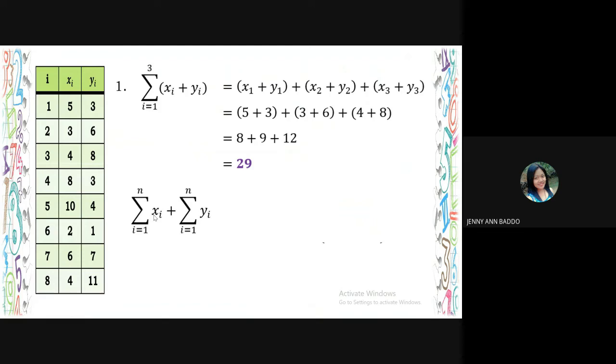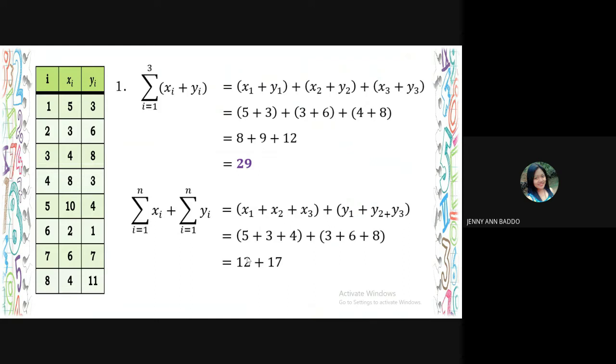So for the variable x sub i, we have x sub 1 plus x sub 2 plus x sub 3. And for y sub i, we have y sub 1 plus y sub 2 plus y sub 3. By substitution, we have to add 5, 3, and 4 plus 3, 6, and 8. So that's 12 plus 17. So still we have